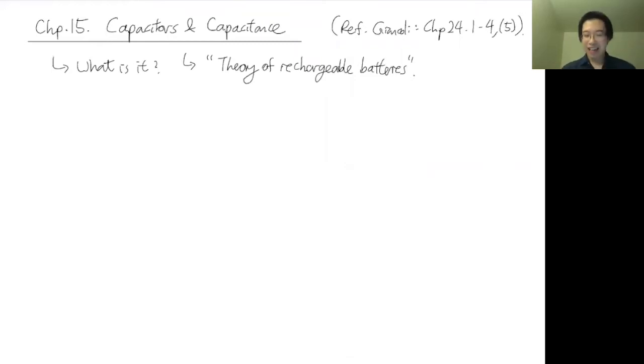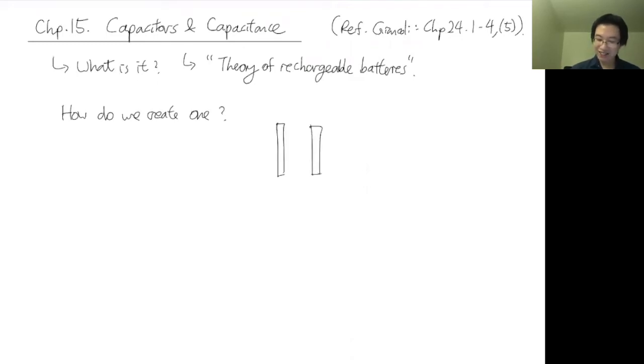All right, how do we create a rechargeable battery? The first time you hear of this, if you have a little portable rechargeable power bank, it might seem very intimidating what's going on in there, but you'll be amazed to see that it's actually very simple in principle. So how do we create one? All you need is 2 metal plates. Put them next to each other, and you're done. Believe it or not.